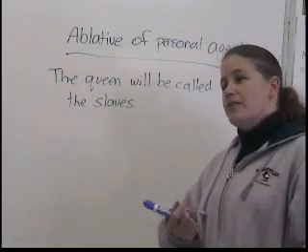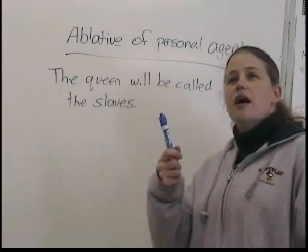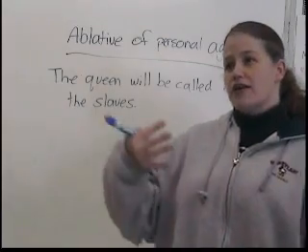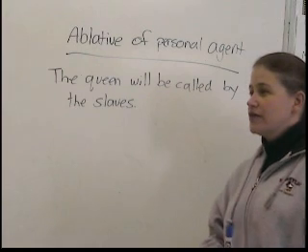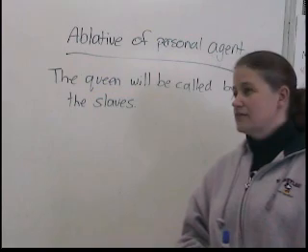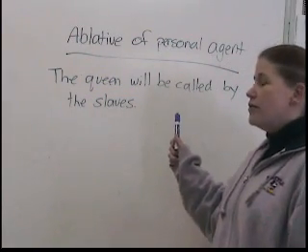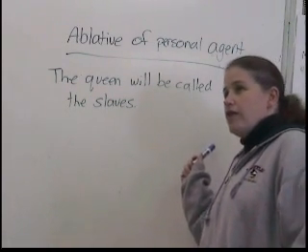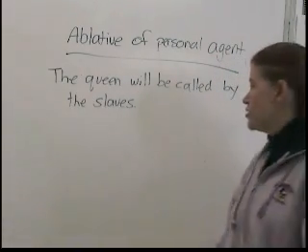Scared by the haunted house? No, I think that would be ablative of means. But if you would say, I was being attacked by the haunted house, the haunted house is acting as an agent in that situation. So I guess that's how you would define it. The word that is ablative of personal agent is the one doing the action. And that's why you have to have a verb in the passive voice, because if the thing that's doing the action is in the ablative case, then your verb has to be passive, because the thing that's in the nominative is having the action done to it.